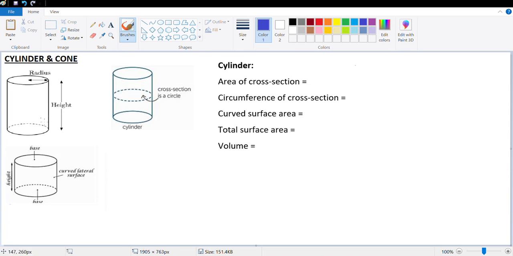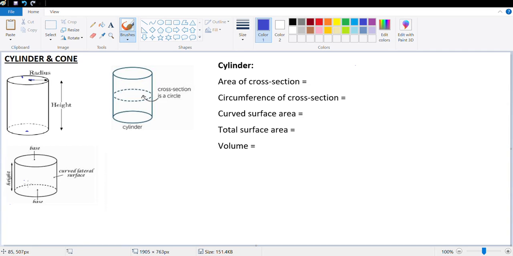So I have some diagrams here. The radius of the cylinder is basically the radius of the circle, which is the cross section of the cylinder. The bottom side is the base. Even the top can be considered as the base. The height is obviously the height, and the lateral surface area or the curved surface area is the curved surface